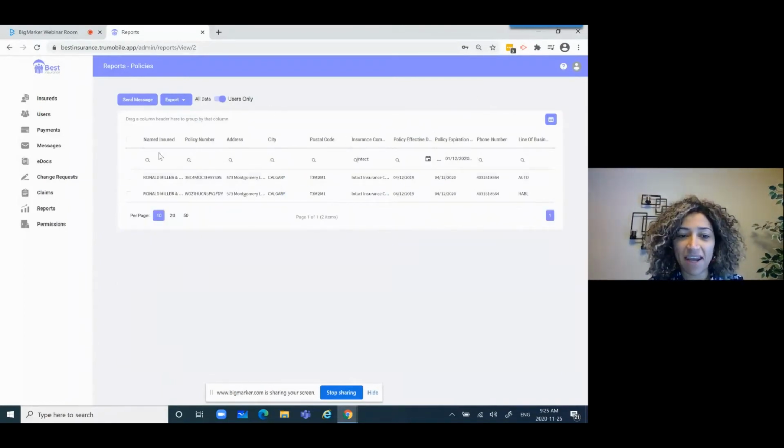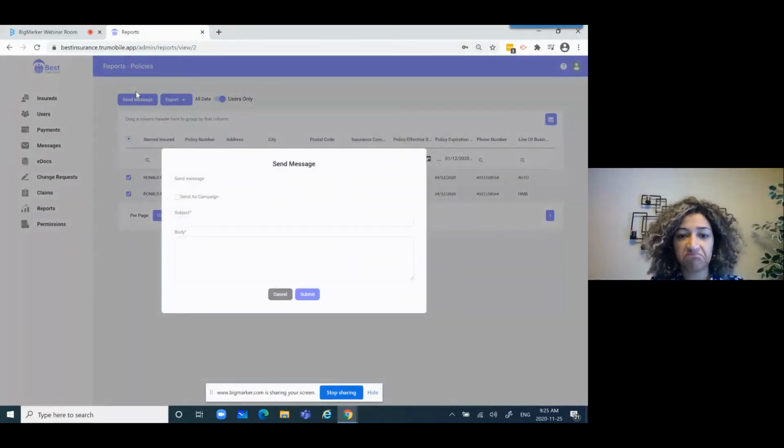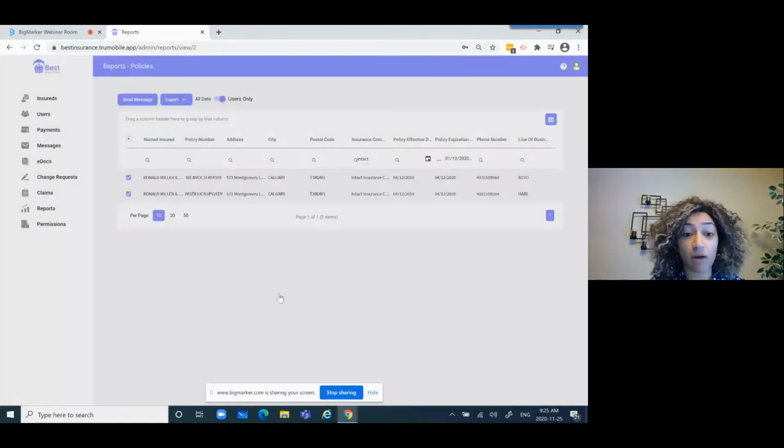Okay, great. Then I can select everyone's policy and I can quickly send them a message and say, hey, your renewal is coming up soon. You're going to get a new policy number. Okay, I don't know how you communicate that to your customers, but this is a way that you can do it. There's a lot of other ways where you can use this data to